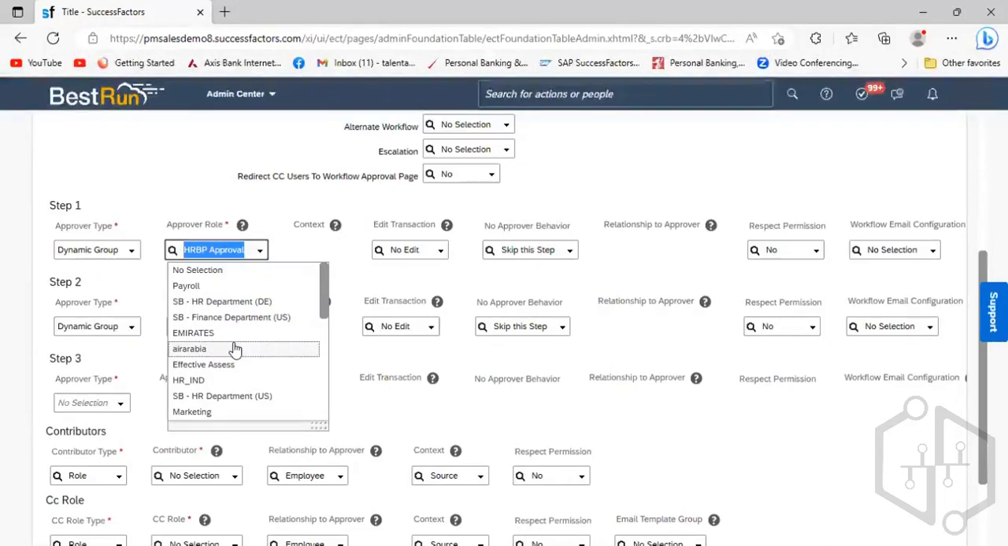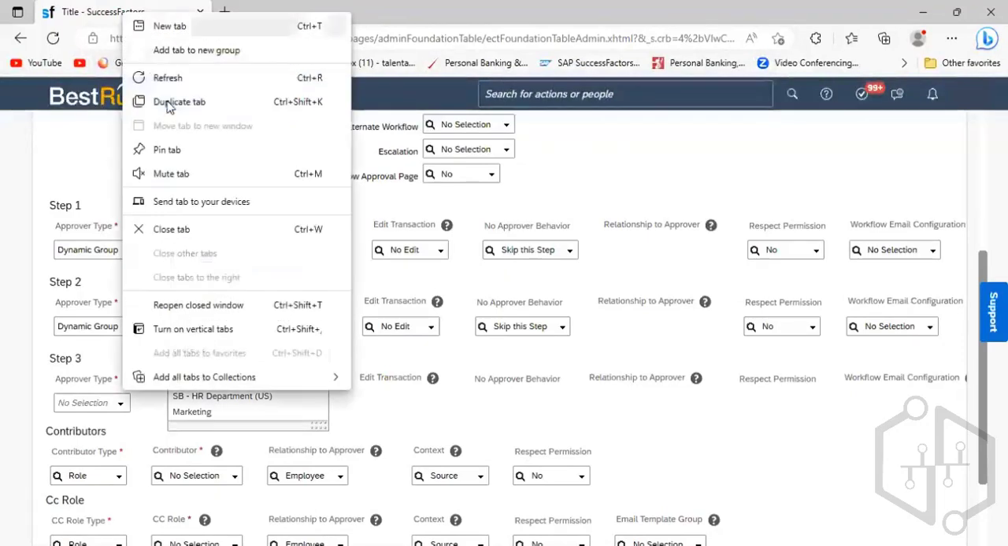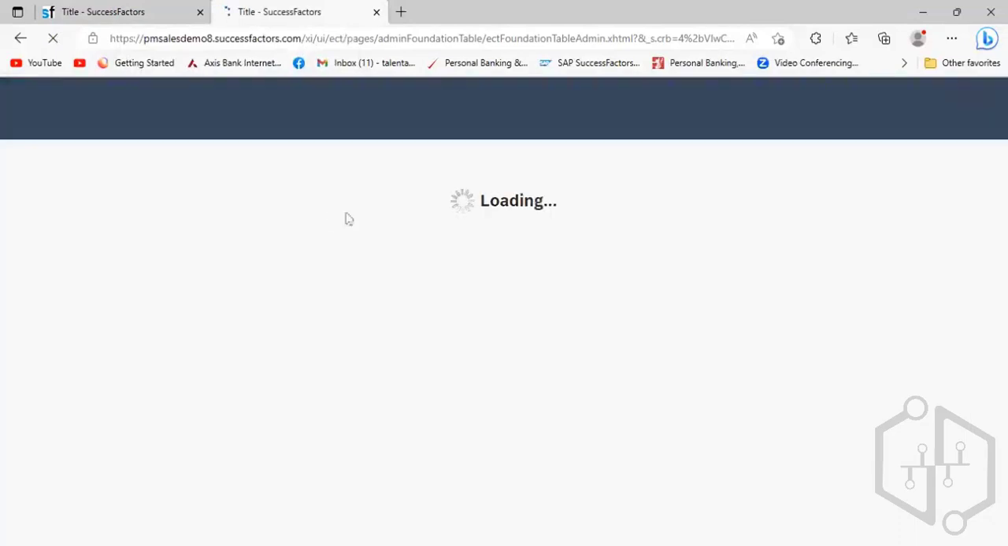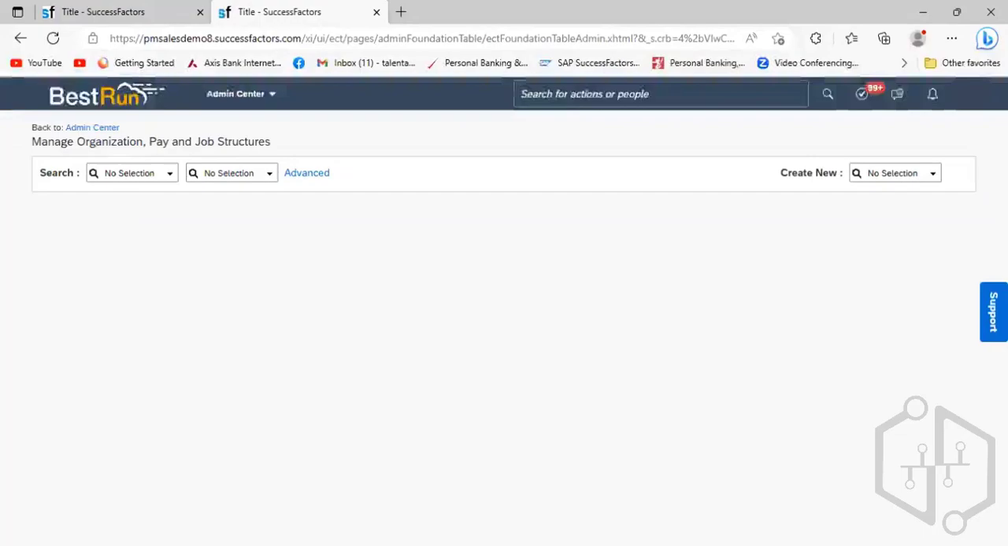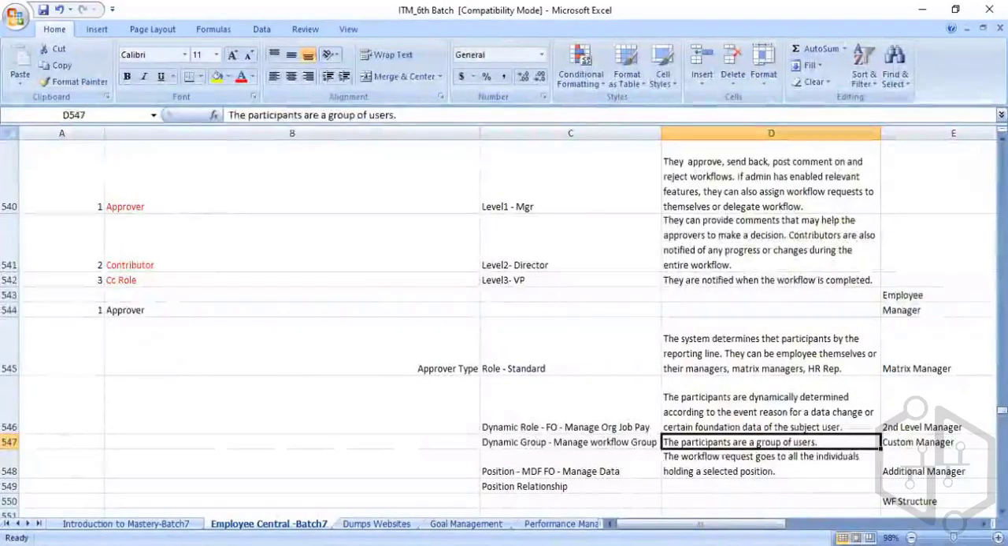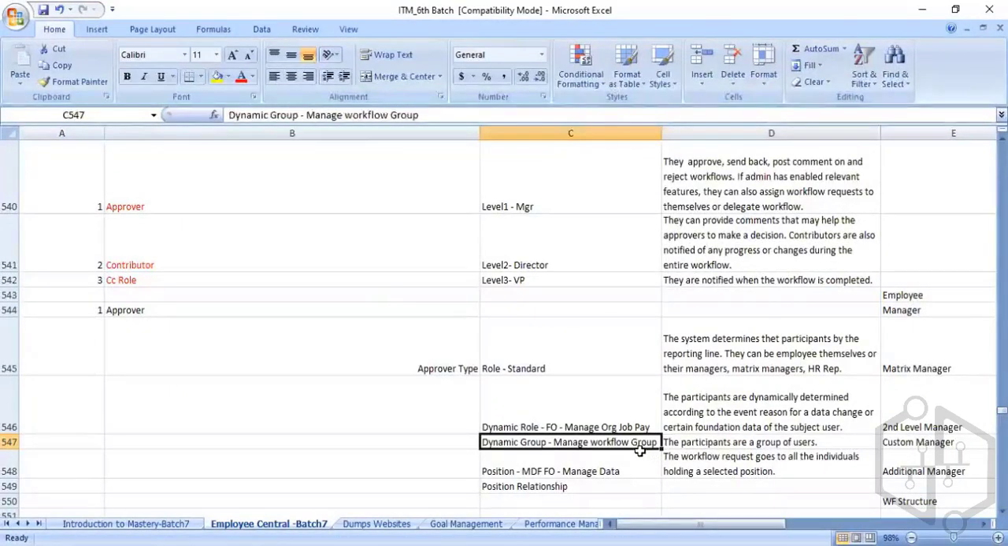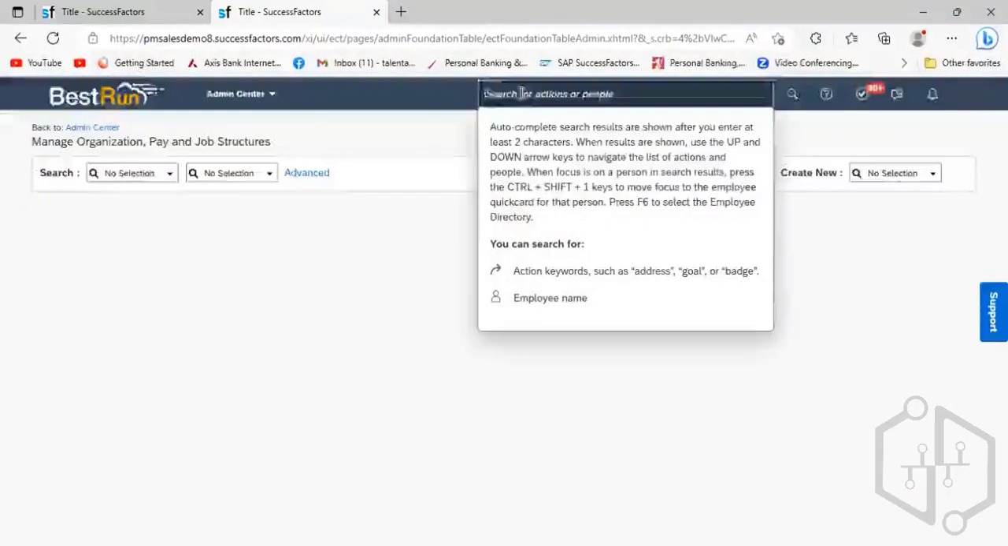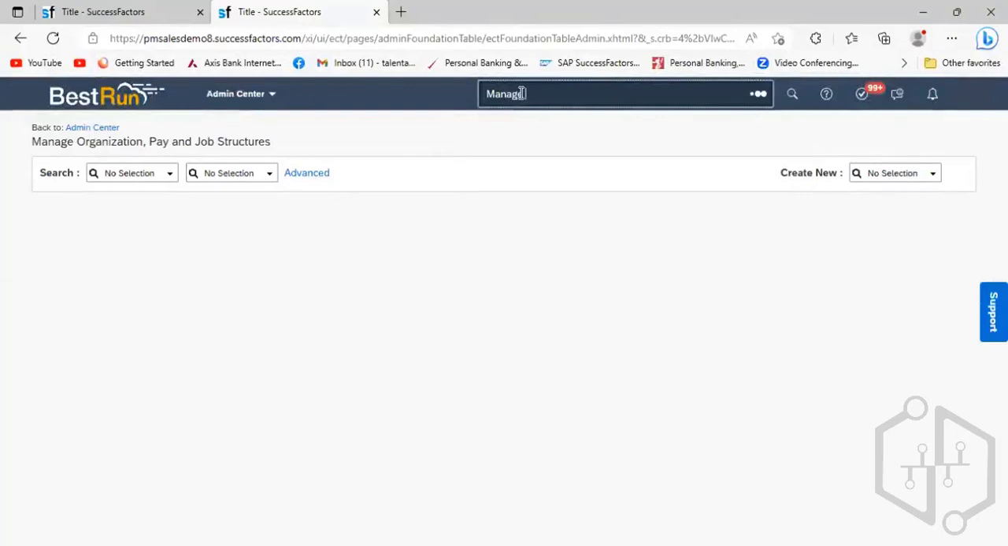To understand from where these dynamic groups are coming, we will duplicate the screen. There is a configuration tool through which the dynamic groups are defined. So what is that configuration tool? The configuration tool is manage workflow group. So when we go here and type manage workflow group,